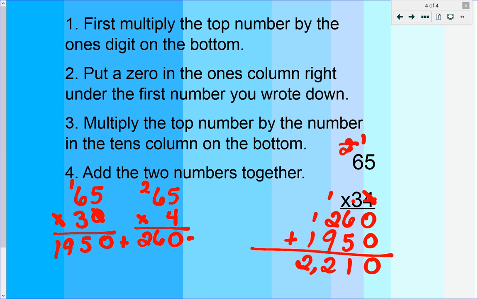So then we add them together and we get 2,210. Okay? And we have the same answer over here as we do over here. So it shows us the two different ways that we can figure out this answer. Let's do one more example here on this page, and then I will stop and you can start looking at stuff, okay? All right, so let's have the numbers